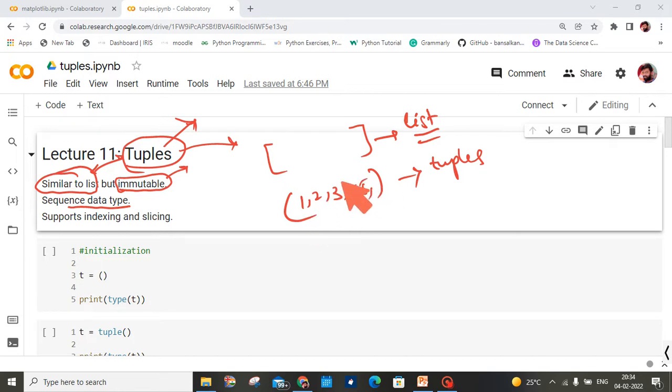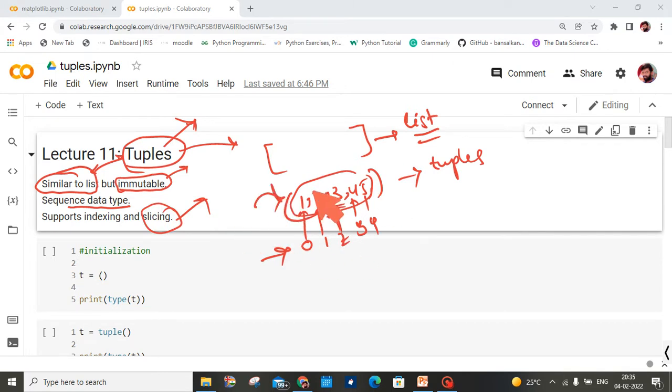We can separate the elements by using commas. These elements are stored in a sequence manner, and we can also index these values. Indexing is possible, so slicing is also possible.